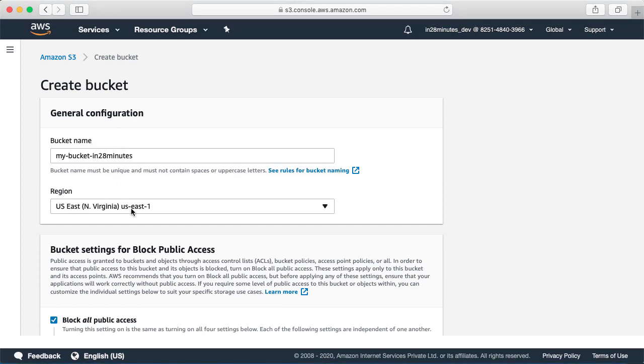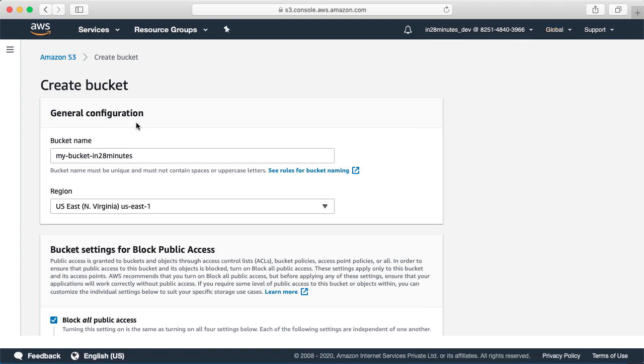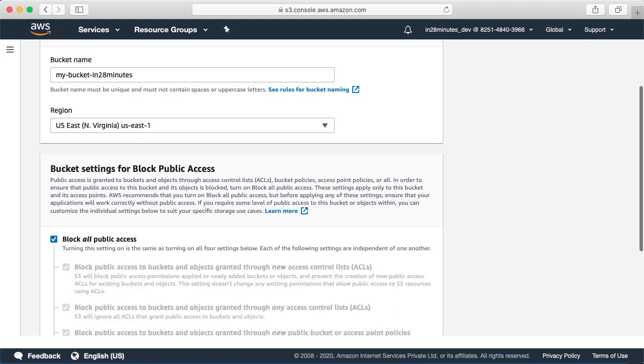The next thing you need to choose is a region. One of the interesting things to observe in here is that S3 is a global service. So typically whenever you log into S3, you don't really need to select a region. However, buckets in S3 are associated with a region. So we need to choose which region you would want to use when you create a bucket. You can choose any region across the world. I'll stay with US East 1, which was the default.